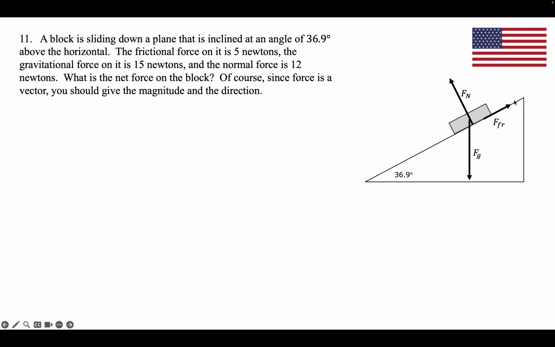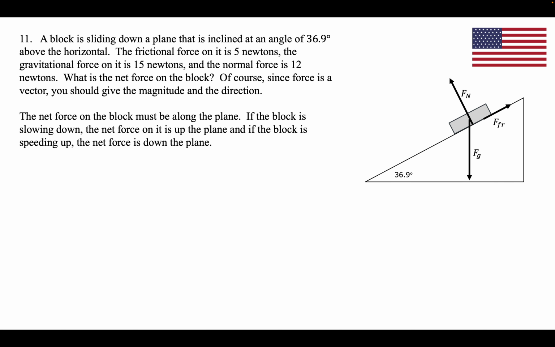Frictional force is 5 newtons, gravitational force is 15 newtons, normal force is 12 newtons, and the angle of the incline is 36.9 degrees. What is the net force on the block? You have to give the magnitude and direction. It must be along the plane. The block is not hopping off the plane or going through the plane. If it's accelerating, it's going to be slowing down, which means it's accelerating up the plane, or speeding up, which means it's going